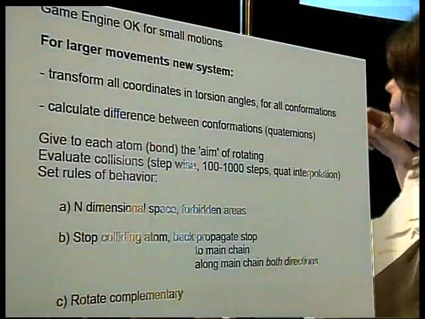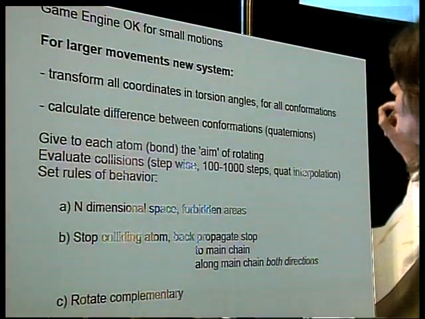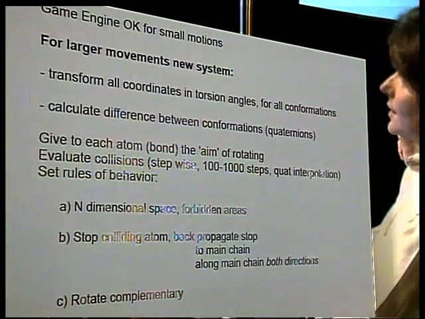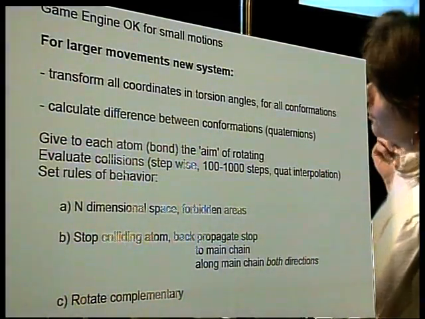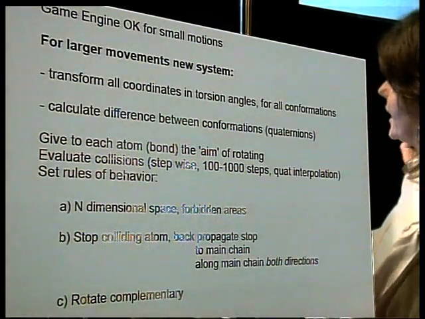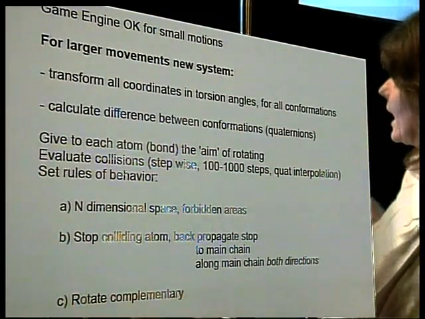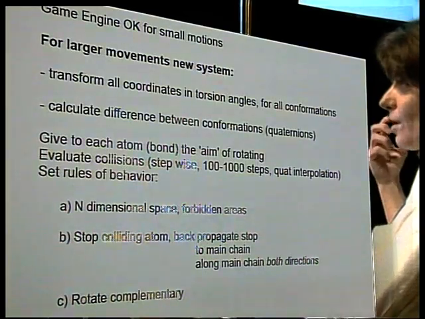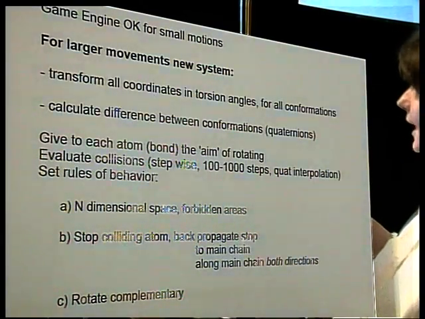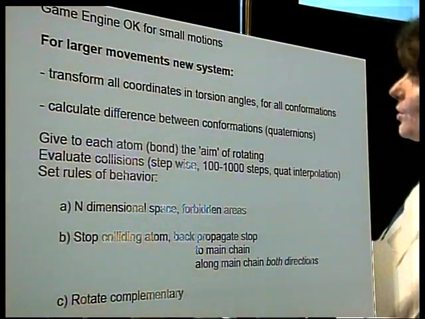And when it reaches the main chain, it should propagate in one or the other direction or in both directions until it finds a movement that allows the system to evolve towards the final aim without actually provoking collisions.